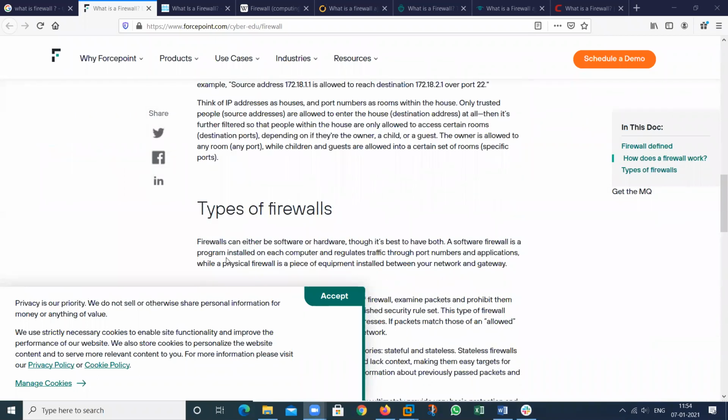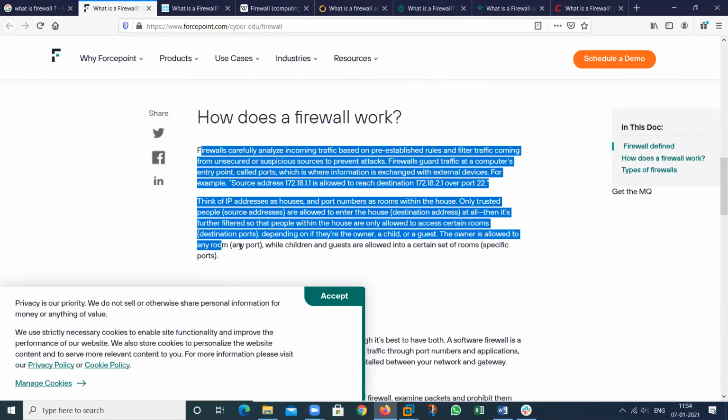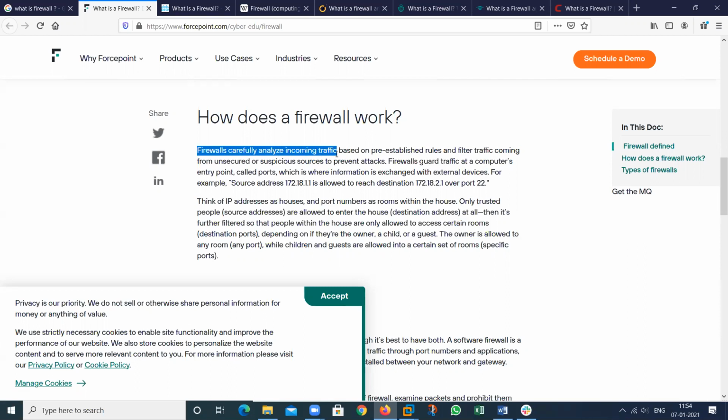So how the firewall works, you can see here. Firewall carefully analyzes incoming traffic based on pre-established rules and filters traffic coming from unsecured or suspicious sources to prevent attacks. So firewall just works as a guard.